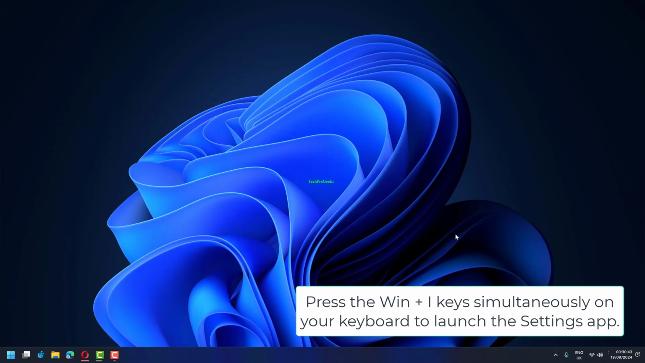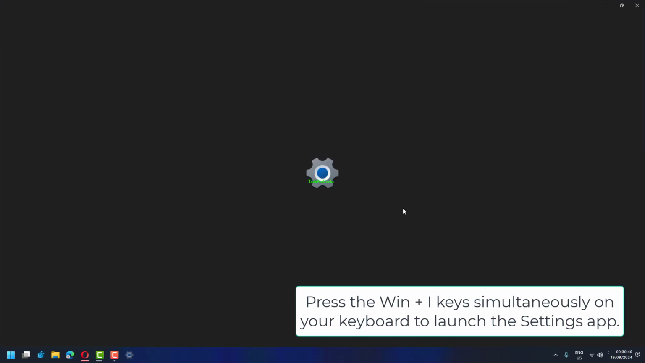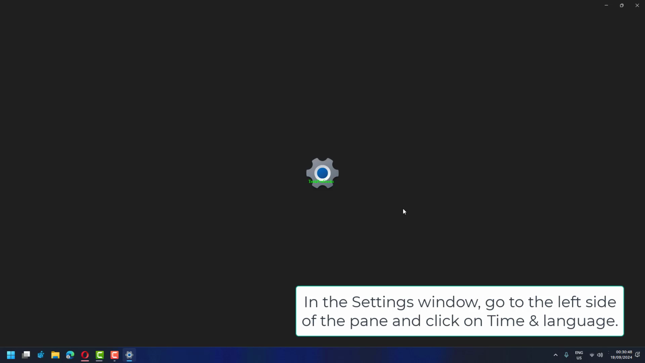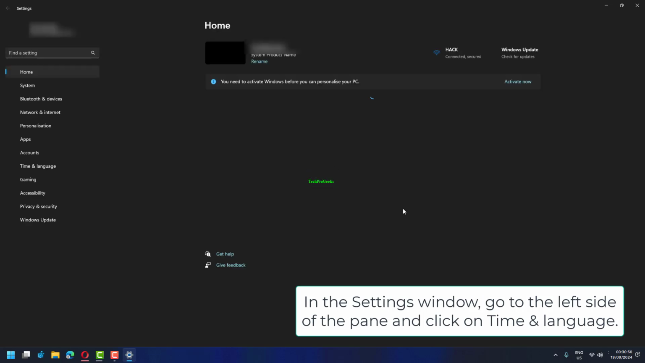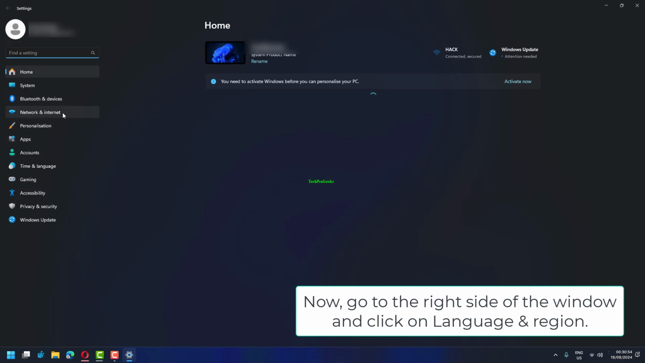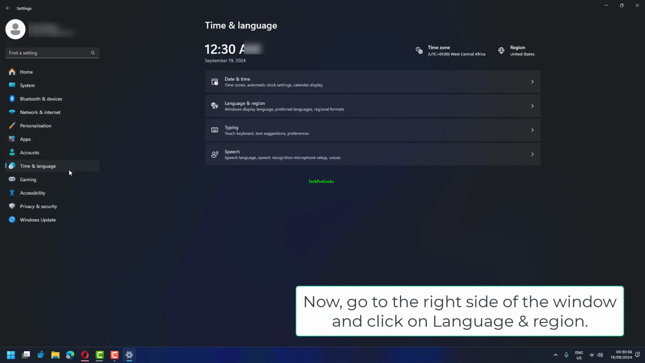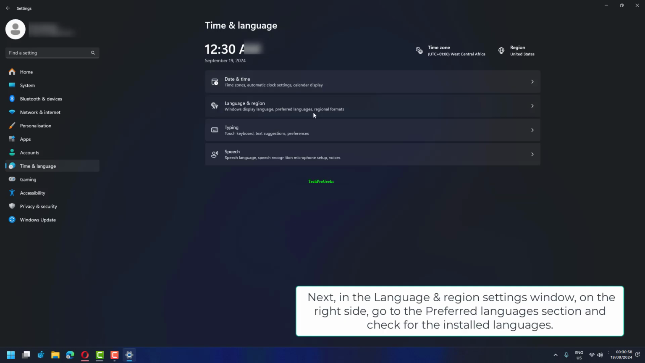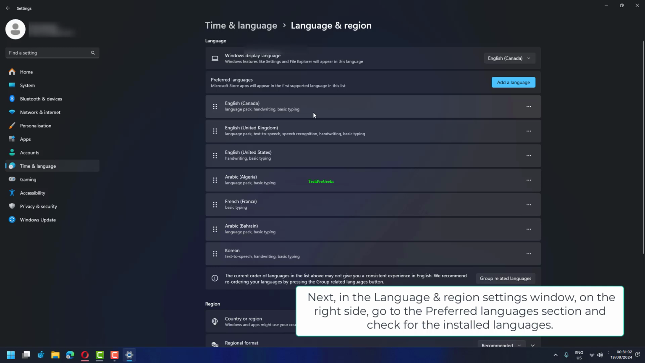Press the Win plus I keys simultaneously on your keyboard to launch the Settings app. In the Settings window, go to the left side of the pane and click on Time and Language. Now, go to the right side of the window and click on Language and Region. Next, in the Language and Region settings window, on the right side, go to the Preferred Languages section and check